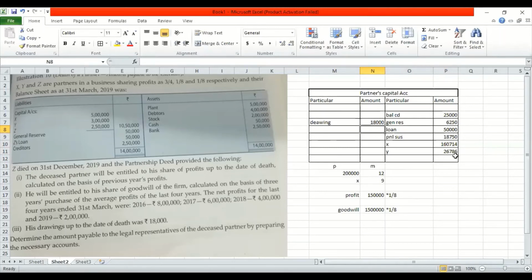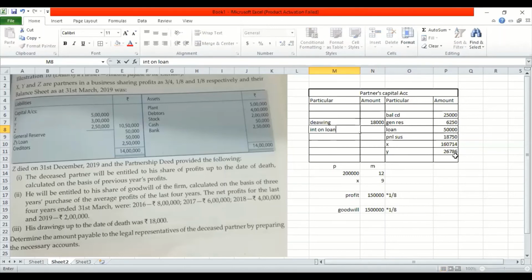Now, one thing we should always understand is that if a partner has given a loan, there has to be interest given to him, or he charges interest. A loan is never free of cost, right? There is interest attached to it. What is the percentage of interest over here? Since the sum is silent about it, you should fall back on the Partnership Act 1932, which states that the interest on a partner's loan is 6%. The very first chapter tells us so. So remember that and give the interest on the loan.